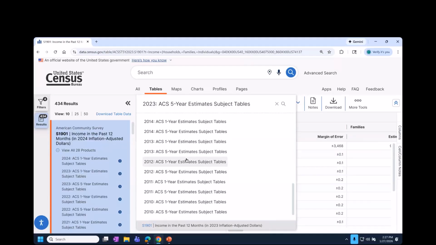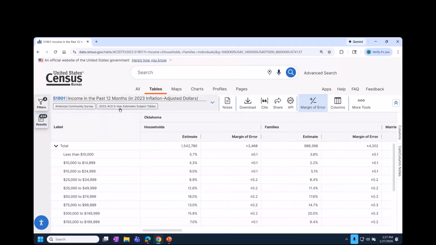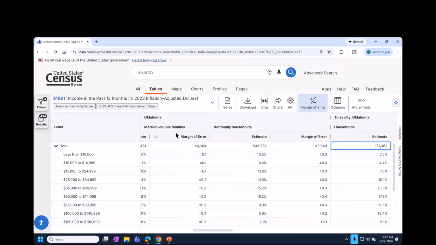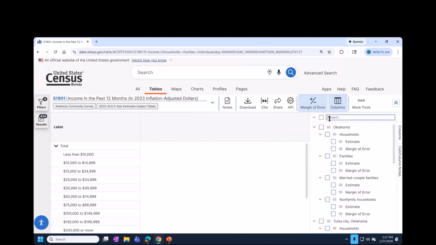And by the way, as you scroll down, you'll notice, as I mentioned in the beginning, our data for the ACS goes back to 2010 on data.census.gov. So if you'd like to access historical data, this is also how you would do so. So I've selected ACS 5-year, and I see data for Oklahoma, Tulsa, and I do get data for my zip code area as well. So in the interest of time, I'm going to clear up this table view and simplify